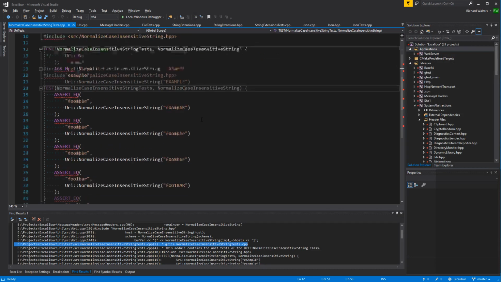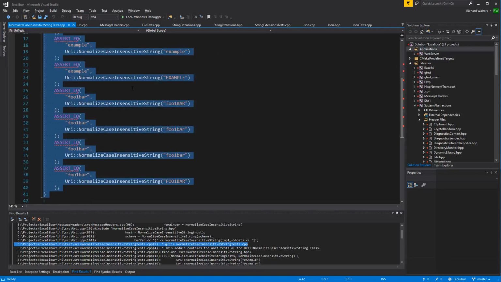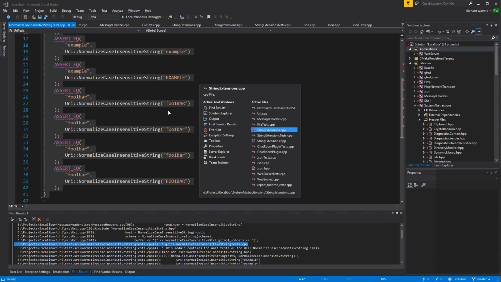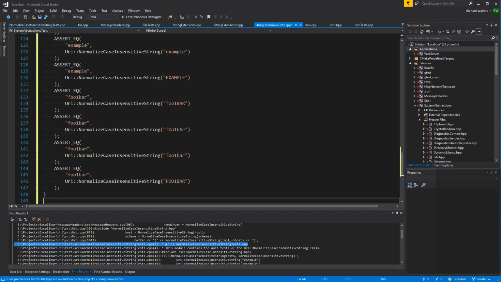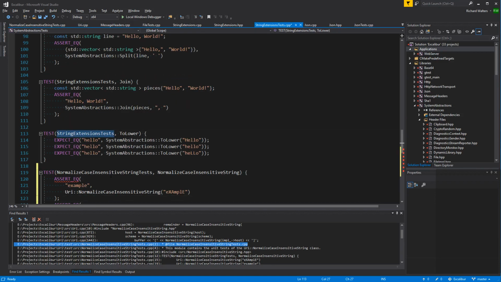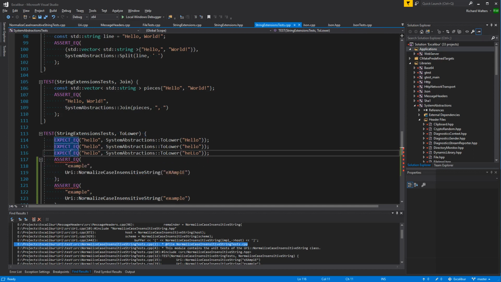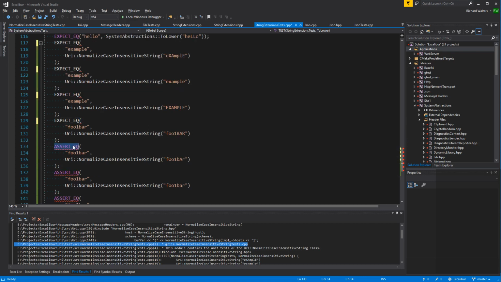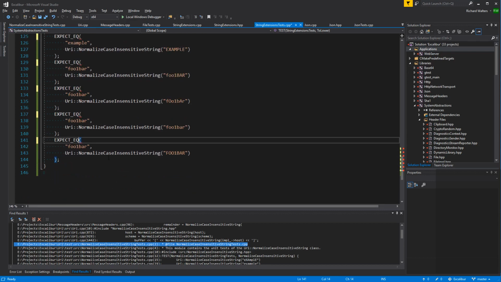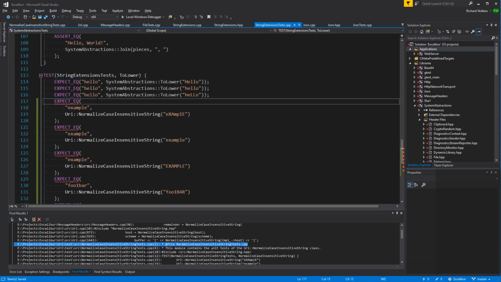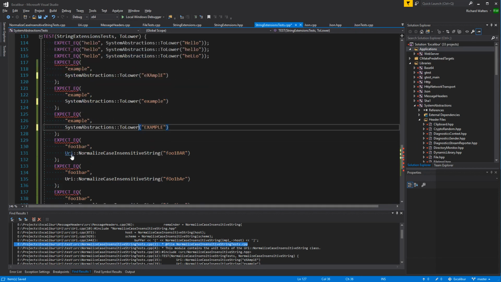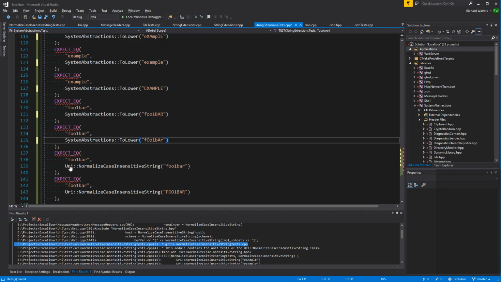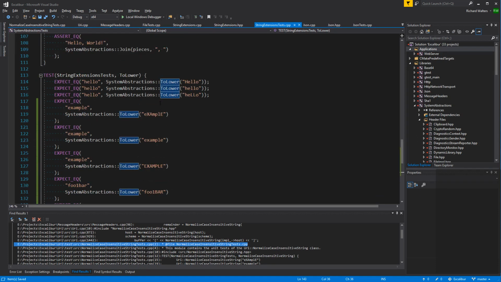Actually, I can kind of move that test over to string extensions tests, and actually build it in there, right? I totally forgot I wrote those. Just more examples.